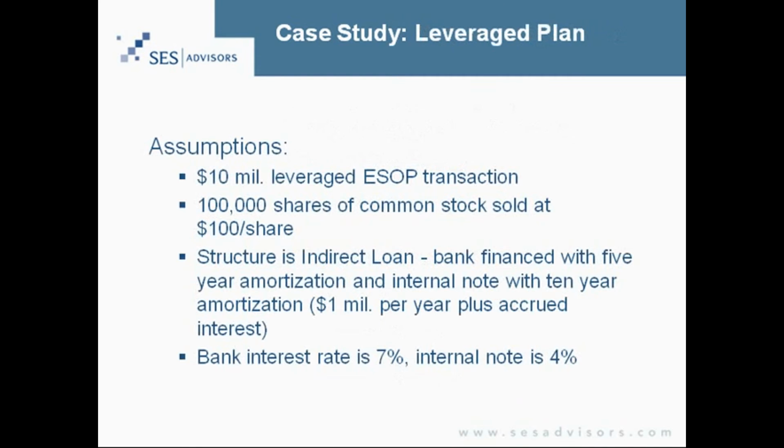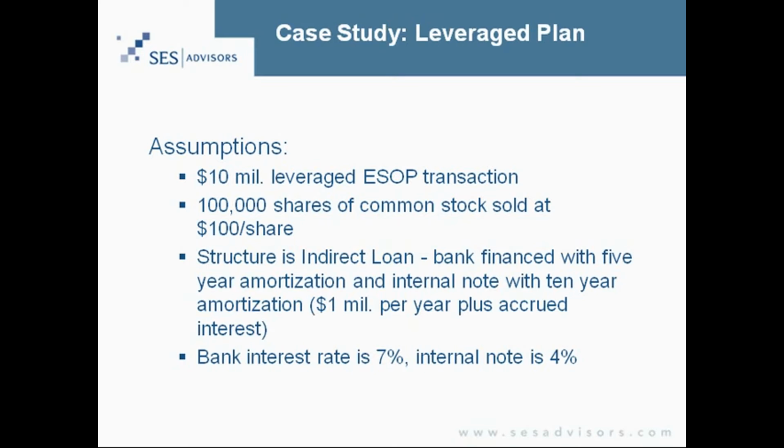Moving on to the more complicated leverage plan, we're going to use these assumptions throughout the coming slides. This is going to be a $10 million leveraged ESOP transaction. We're selling 100,000 shares of common stock at $100 a share. And our structure is an indirect loan. So the bank